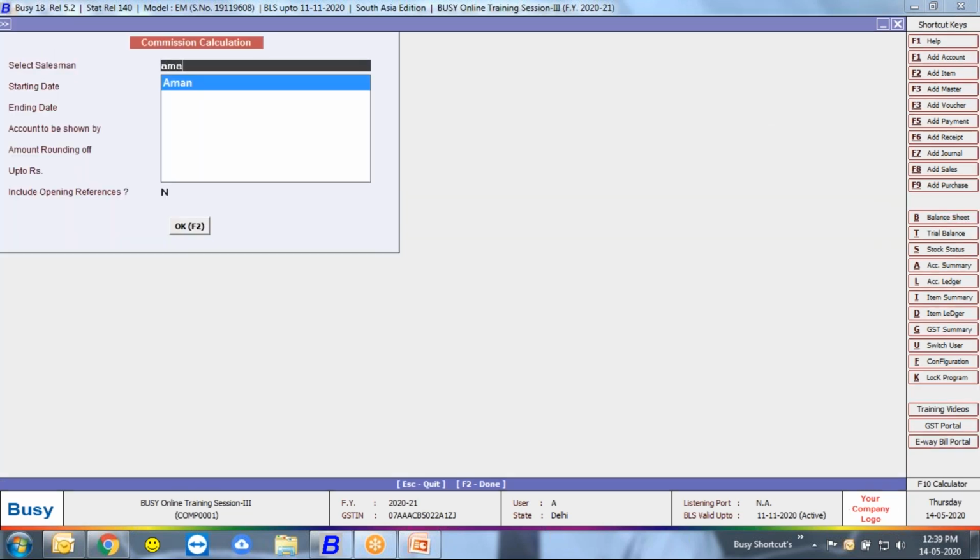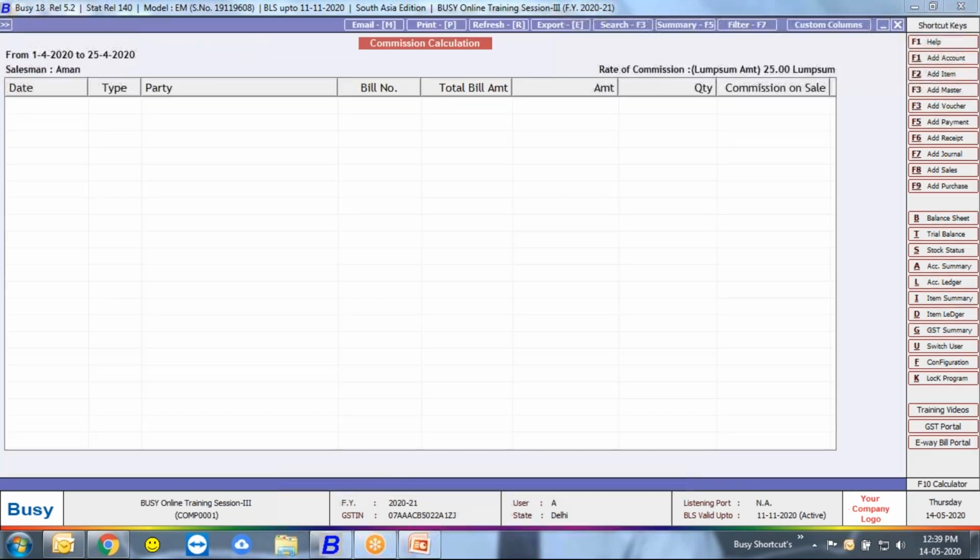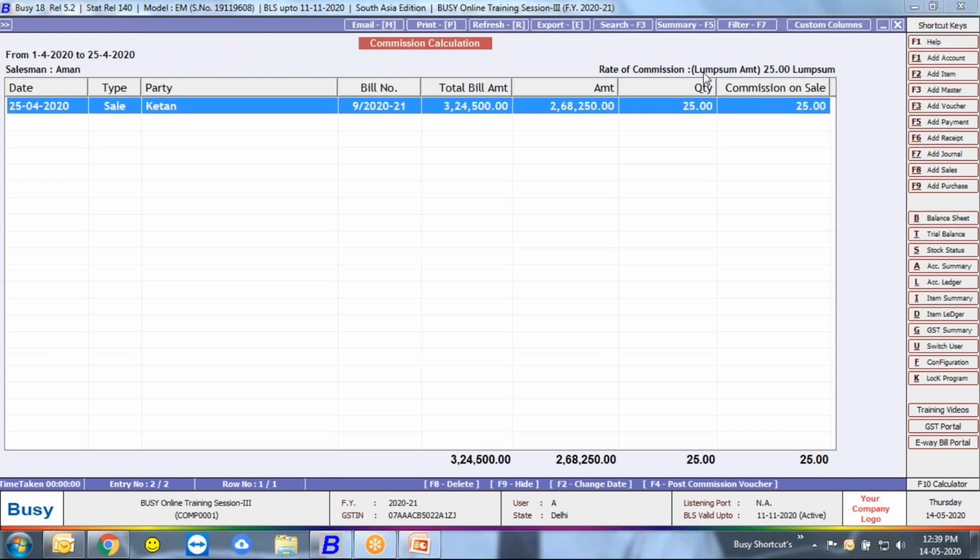The same is applicable for Aman also. At the time of commission calculation configuration in Aman's ledger, we configured that Aman will get commission in the mode of a lump sum amount, meaning 25 rupees for each invoice. Whatever the invoice amount is, he gets 25 rupees.